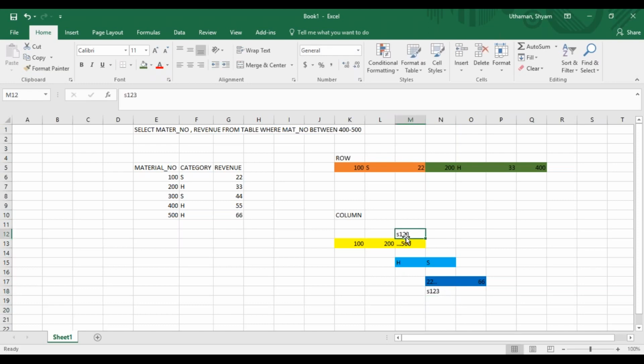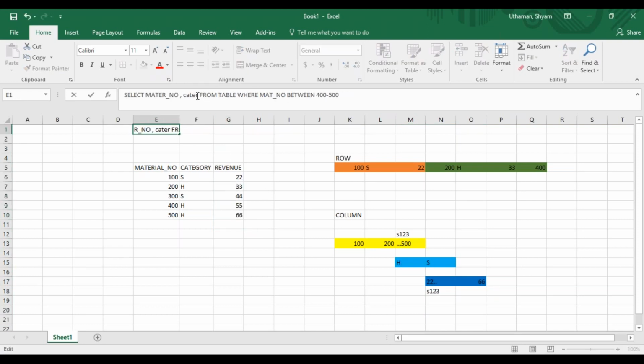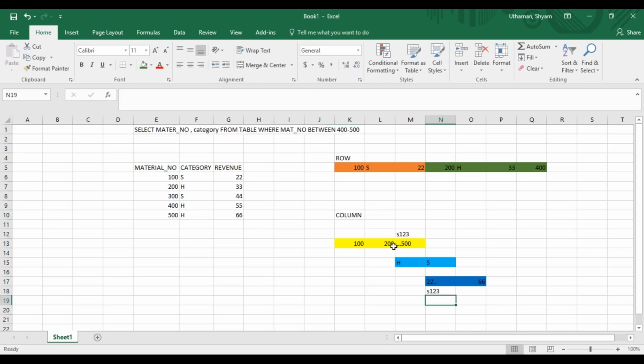Okay, so from here I just have to read this set of records. Usually in this example there are no repetitions. For example, if I had, instead of select material number, category, in this case I would have to check where material number 400 is, and from there check what the surrogate ID for the category is, and I don't have to read 1 billion rows of category values. I have to read 2 values here.